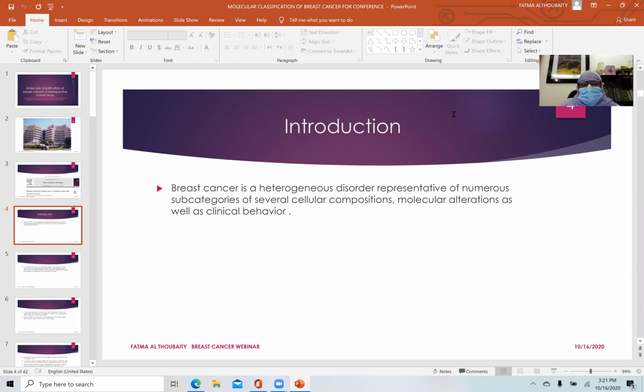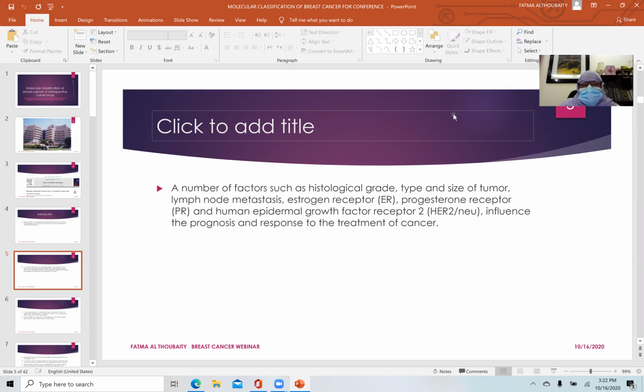As we all know, breast cancer is a heterogeneous disorder, representative of numerous subcategories of several cellular composition, molecular alteration, as well as clinical behavior. A number of factors such as histological grade, type, and size of tumor, lymph node metastasis, estrogen receptor, progesterone receptor, and human epidermal growth factor receptor, HER2/neu, influence the prognosis and the response to the treatment of a breast